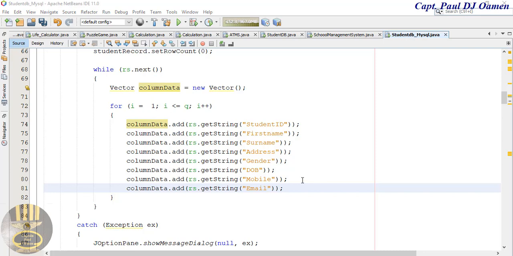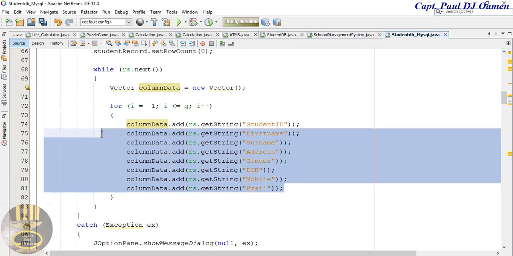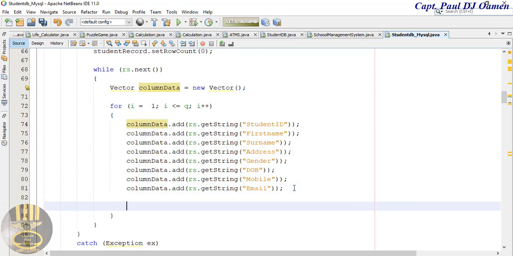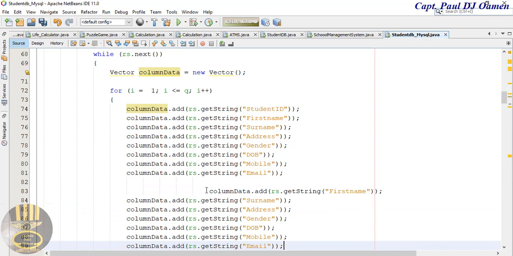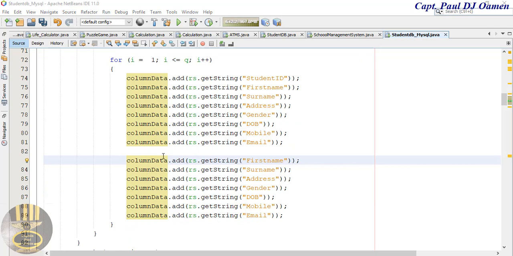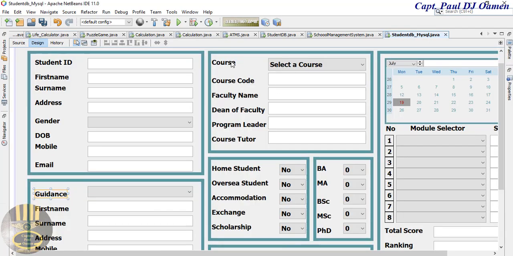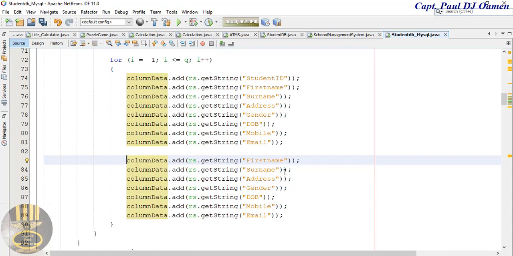The next column that I'm going to be using will be as follows. Let's copy this. Let's come down here. Okay, I'm going to change all of these to as follows. So I want course code, and all of this student information in there. So student, home student, overseas accommodation, and so on. So let's come in here. This will become course, then we have course code,